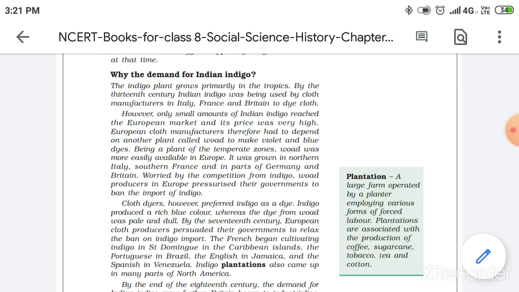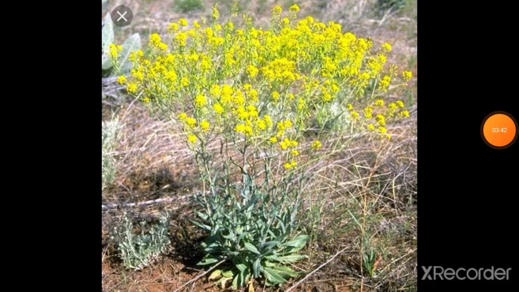That is why they thought, why should they depend on other countries for indigo especially? Why don't they make their own plants, colors and other stuff? So that is why they found a plant called woad. Okay, so here's the plant woad on the screen. This plant used to be found in the temperate regions of the world, and Europe lies in the temperate region of the world. As I've already told you, that pink part of the earth in the diagram I made right now. So woad was easily available in Europe.